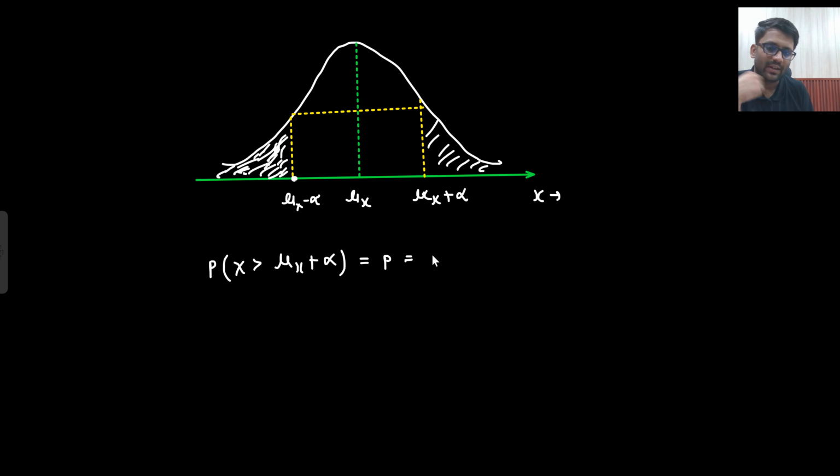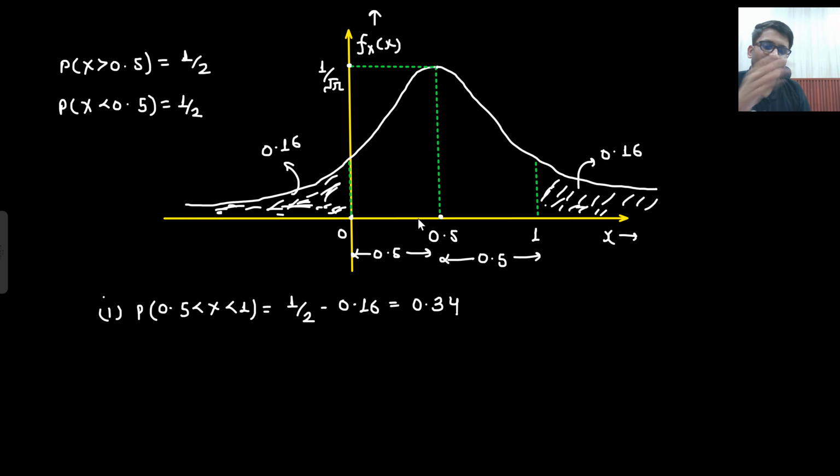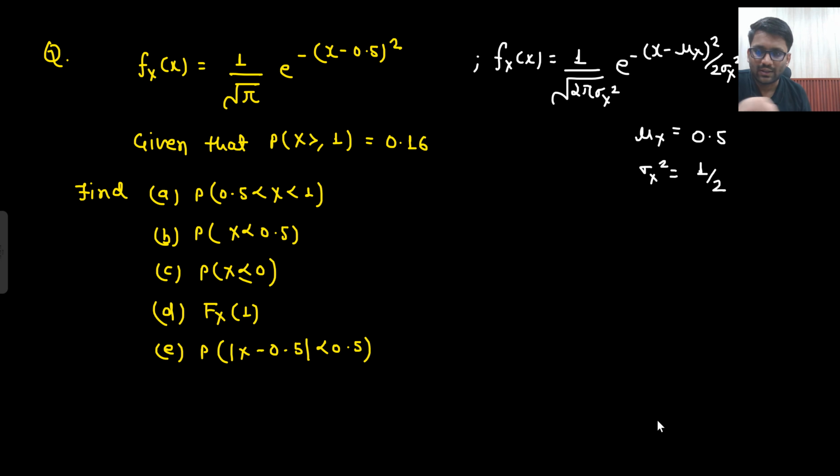So the same probability, that means probability of x taking value mu x minus alpha, X should be lesser than mu x minus alpha. Okay, that means the graph is completely symmetric about mean. I went ahead by 0.5, I will go backward by 0.5. So if someone asks me what is the probability such that x is less than 0, they are asking it,